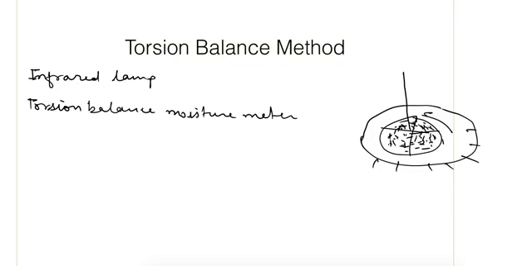But after this, we'll put some infrared light on this sample. Because of that, the sample will heat and start losing its moisture. Because of losing that moisture, this plate will start rotating in the other direction, and we can measure that rotation from the given scale. The scale is calibrated so that we can directly measure the water content from this. And this is it for this method.